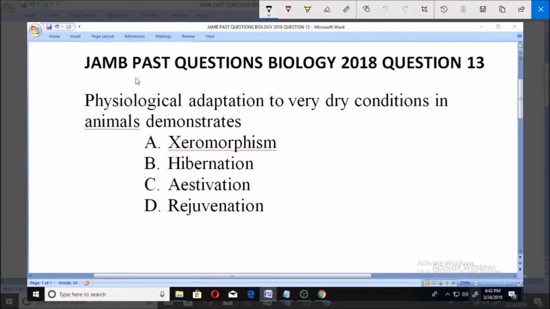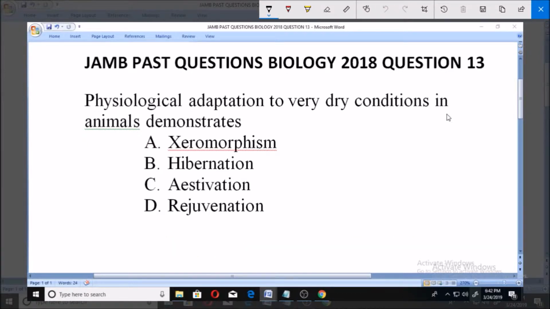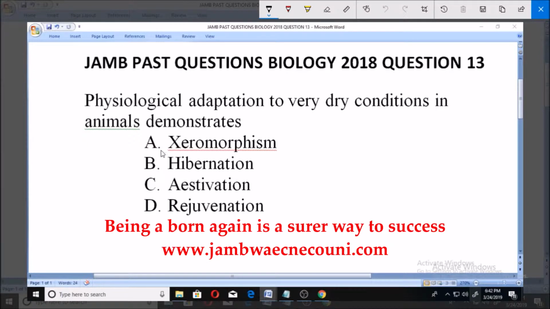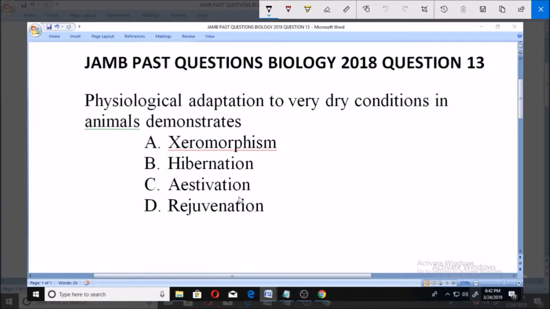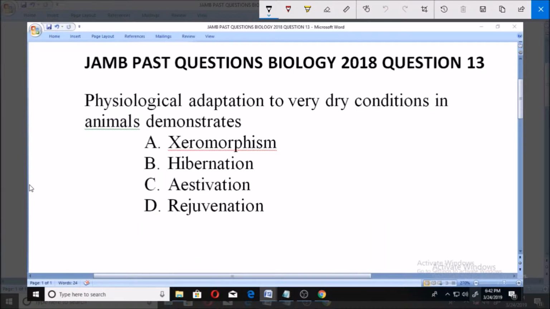Come, let's look at this JAMB past question, Biology 2018, question number 13. Physiological adaptation to very dry conditions in animals demonstrates: A. Xeromorphism, B. Hibernation, C. Aestivation, D. Rejuvenation. Now, for us to be able to understand these very well, we need to note the definition of the